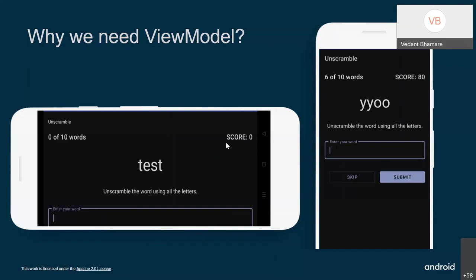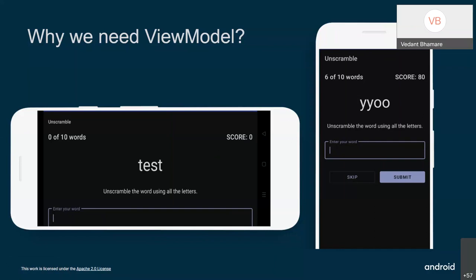So just imagine that you are playing a game and your progress just lost because you rotated your phone. You would be giving a very bad feedback to that company, and so it wouldn't be nice. So as a developer, you have to consider this, and you have to write some code to tackle this issue. So here is where view model comes in.